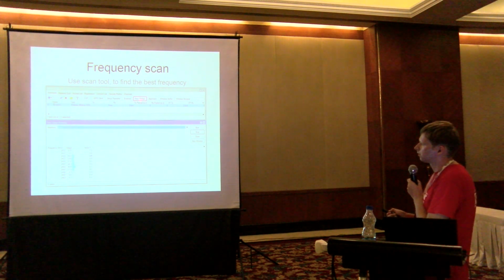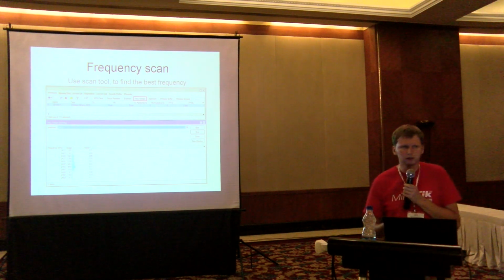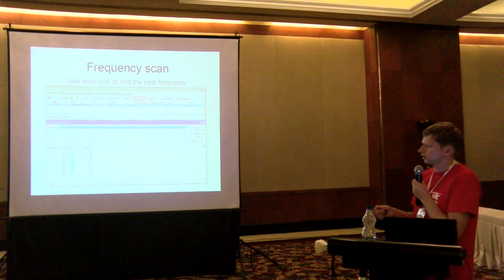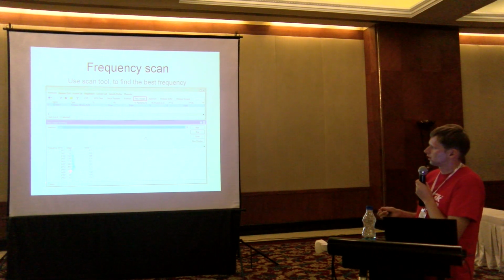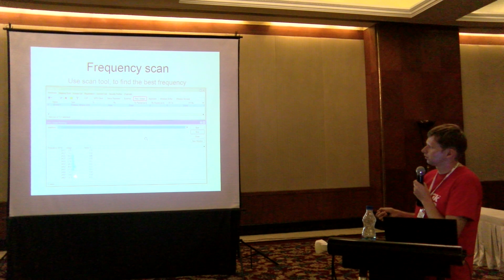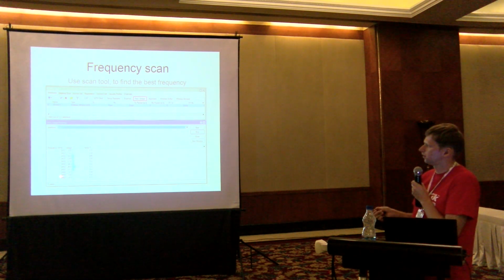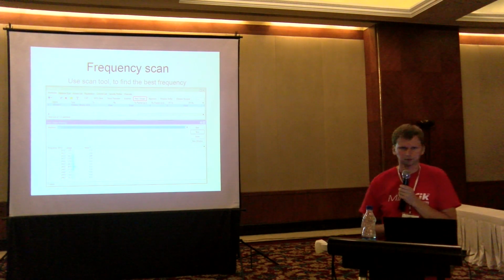One tool is frequency usage. You click on frequency usage, select the interface, and click start. Then you monitor your whole range and check the usage in percentage, which channel is most used. In this picture you can see that the upper channels are not so used, so the best we could do is use 2462 megahertz. It's the best, least used frequency.